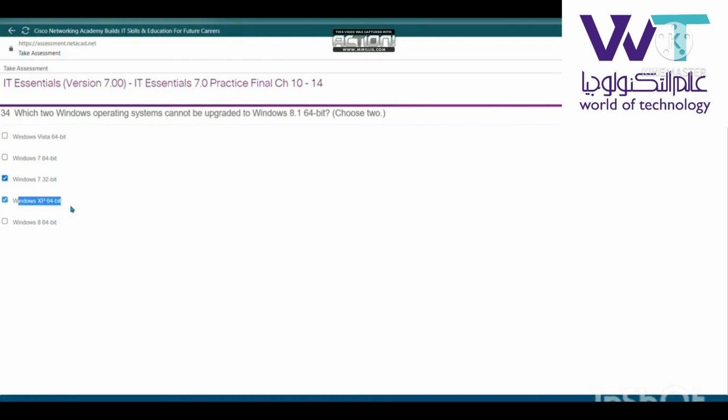Which two Windows operating systems can be upgraded to Windows 8.1 64-bit? Choose 2: Windows 7 32-bit, Windows XP 64-bit. السؤال اللي بعده